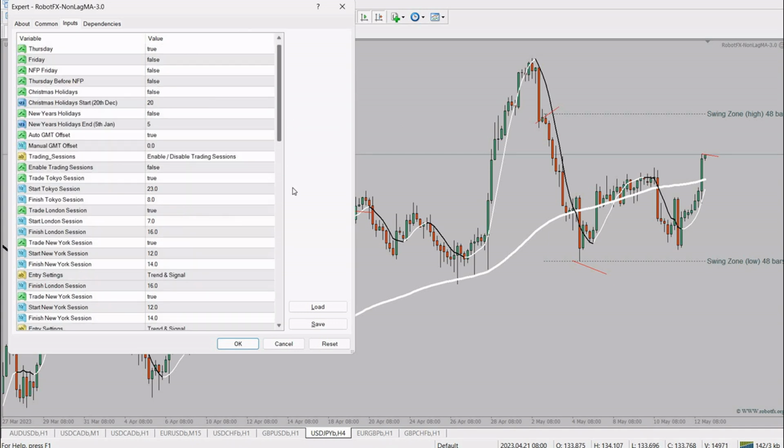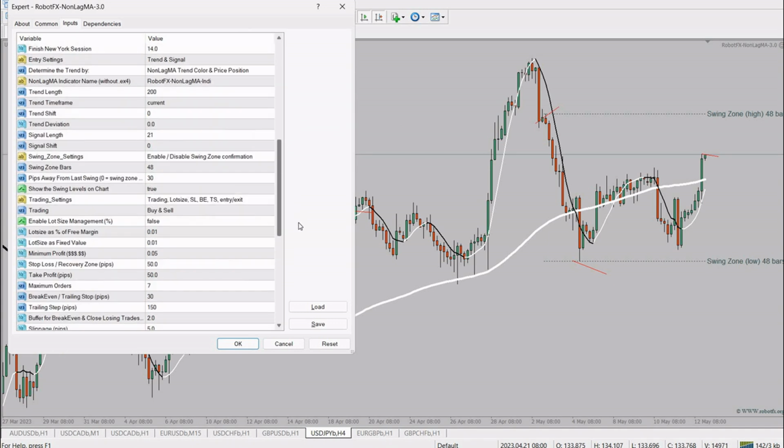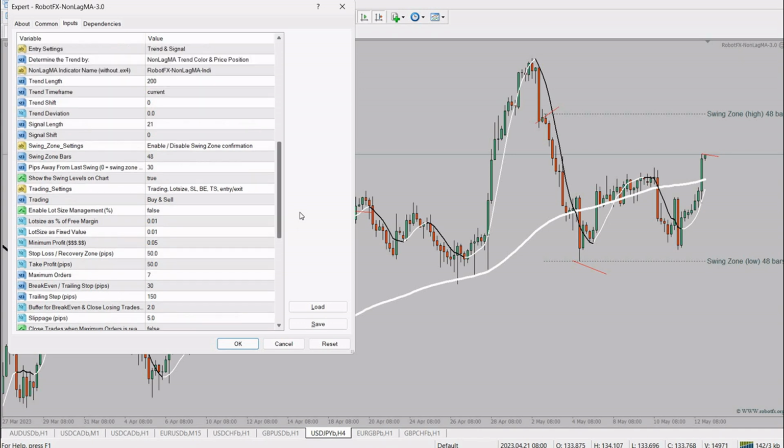I suggest, if you are trading with the trend, to make use of it. And of course, depending on your time frame, you might want to increase the pips away from the last swing. The 30 pips is somewhat optimized for the H1 chart. Obviously, on the H4 chart or D1 chart, you will want to increase that, or decrease it if you decrease the trading time frame. Now set this to 0, and the Expert Advisor will not make use of the swing zone